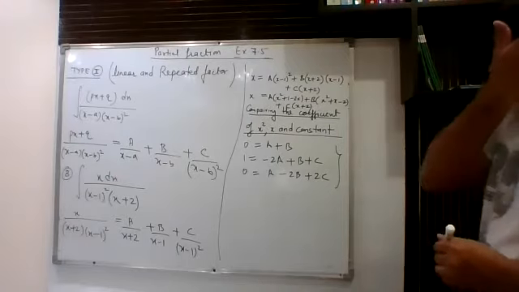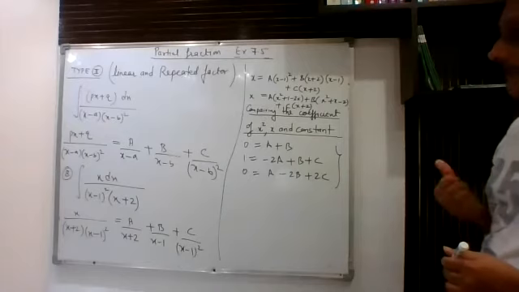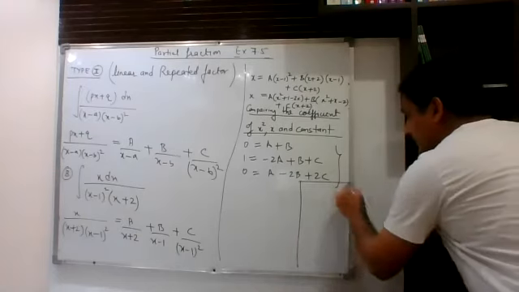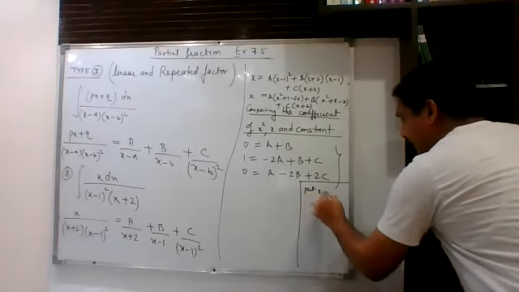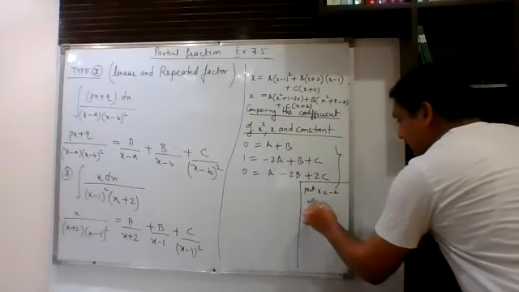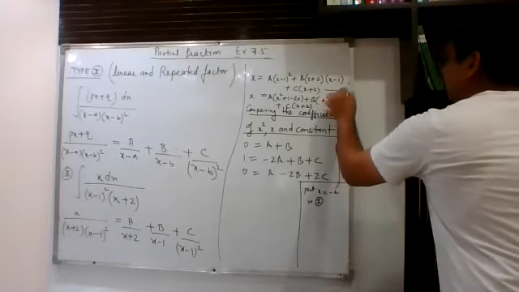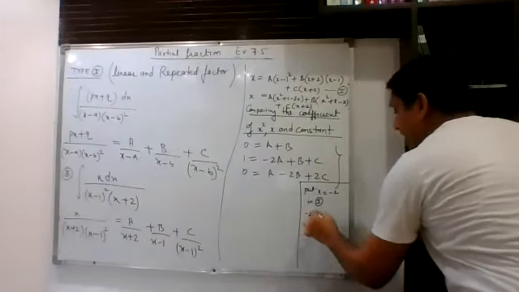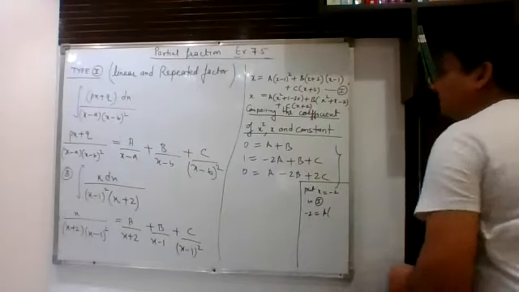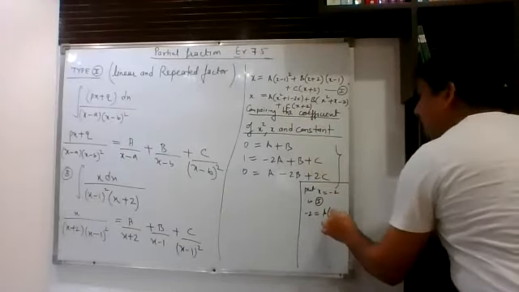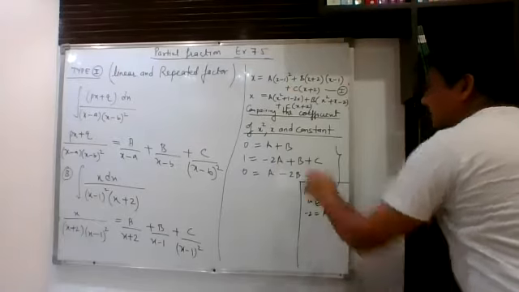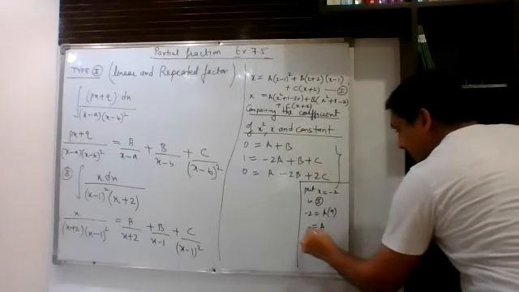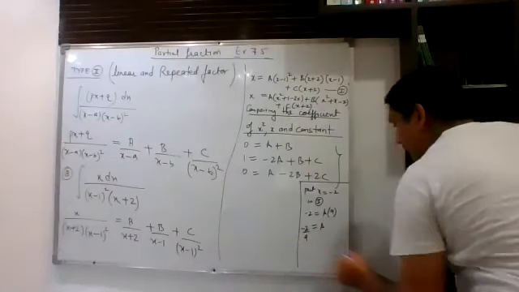Now we want to get the values of a, b, c. So again we will apply that shortcut method. You will say put x is equal to minus 2 in equation 1. When you put minus 2, these terms will vanish. So minus 2 can be written as a into 9, because minus 2 minus 1 becomes minus 3, and its square will be 9. A can be written as minus 2 upon 9.